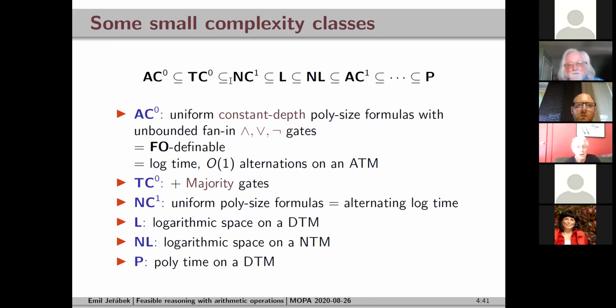Yeah. So there is another class here in between AC0 and TC0, which is called ACC, which is basically a union of the classes AC0M, which are defined just like AC0, except that we allow not just